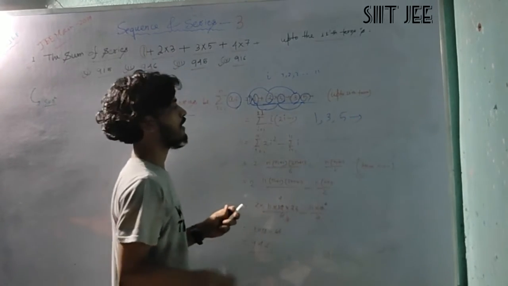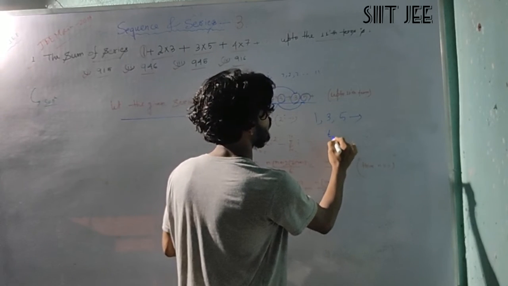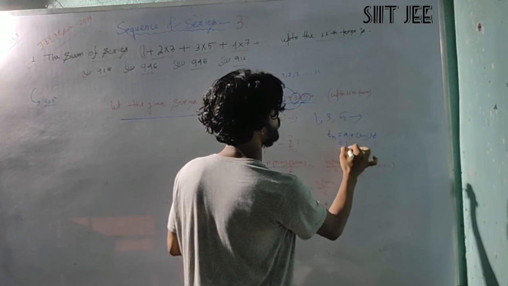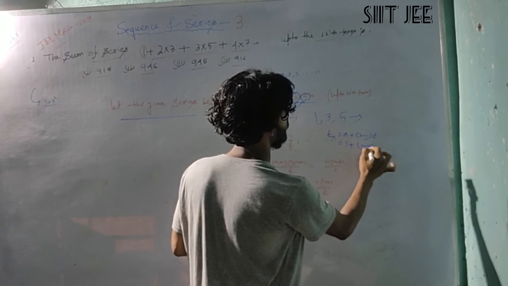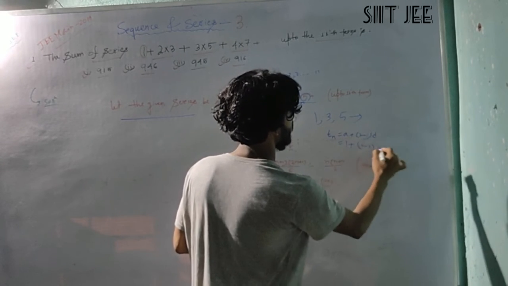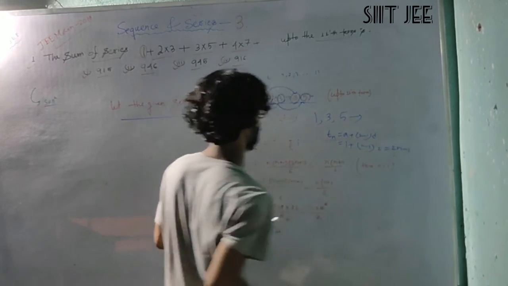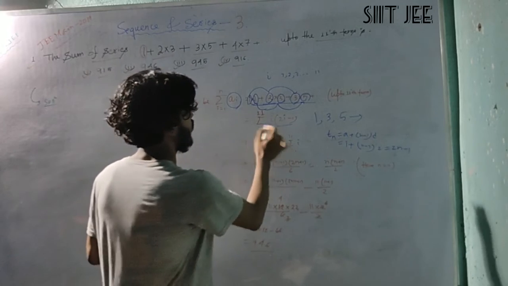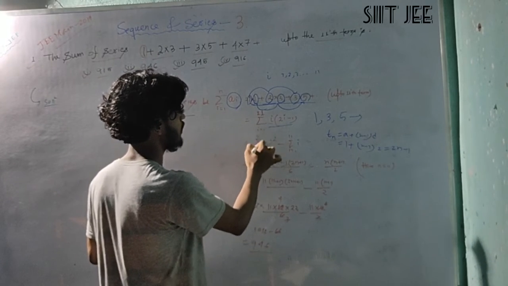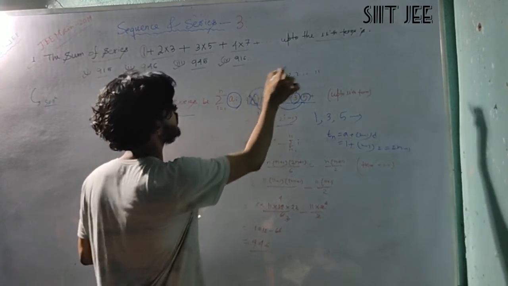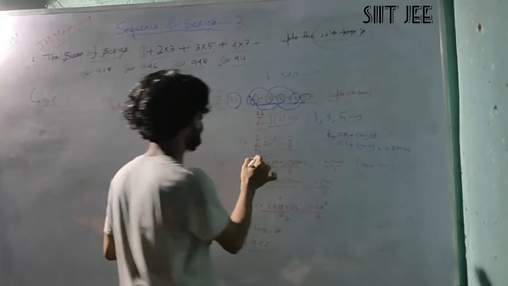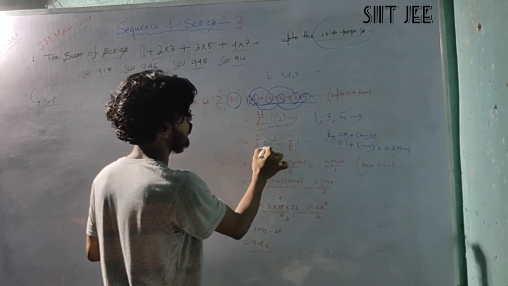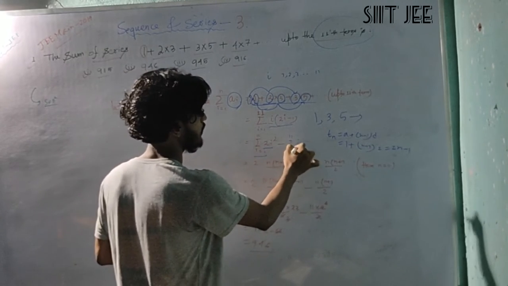By the nth term of an AP, we have P_n equal to a plus n minus 1 into d. Here a is 1, so 1 plus n minus 1 into d, which is 2. So solving this, we have 2n minus 1. Now putting i into 2i minus 1 and opening the bracket here, we get summation i equal to 1 to n, because we have to find the sum up to 11 terms. So the sum runs from 1 to 11, and we have 2i square,